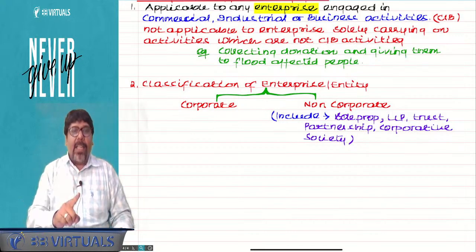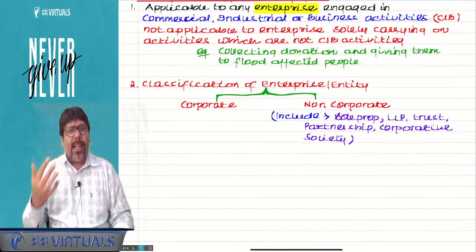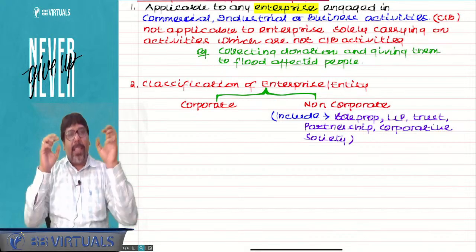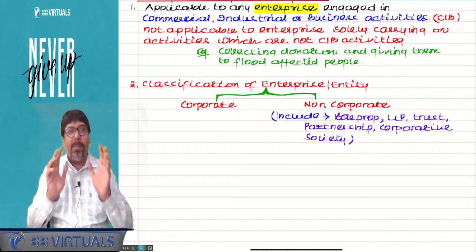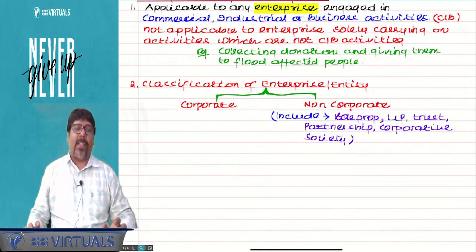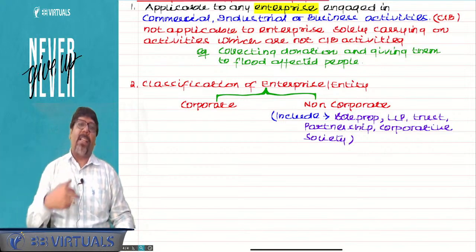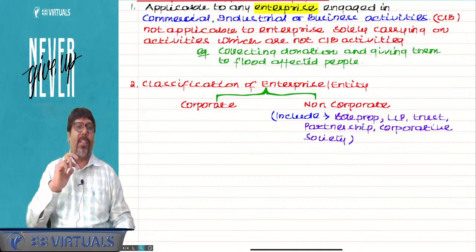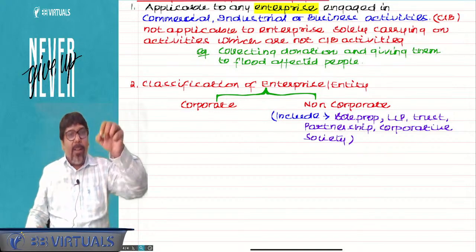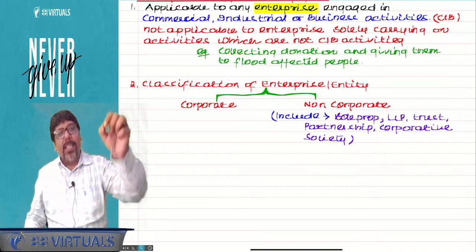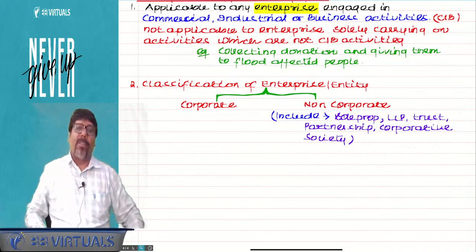ICAI. Again, is it applicable? Yes, it's a trust. It's a corporate society. Is it applicable? Yes. Why? Profit toh banata hai. They are involved in business activities. They're not just collecting money and giving you services. They are selling books also. They are selling courses also. So they are also involved in business activities. Therefore, AS is applicable on them also, chartered.